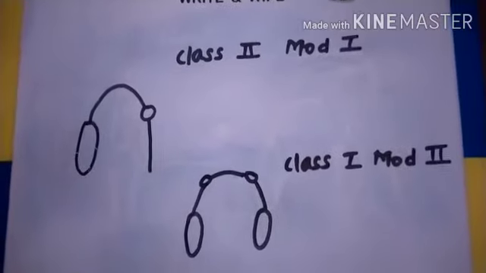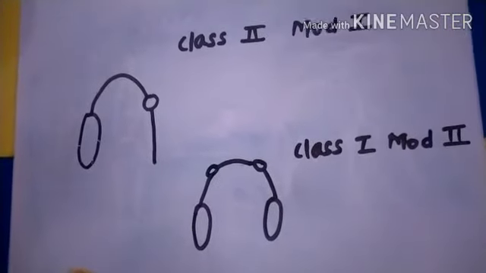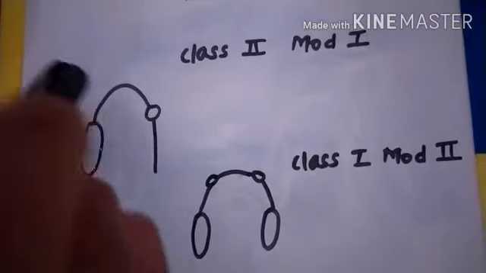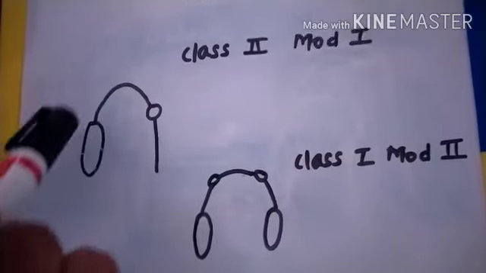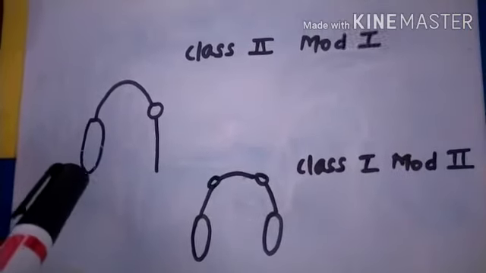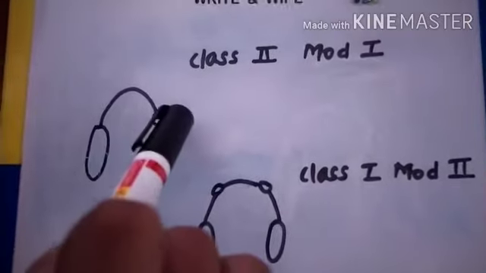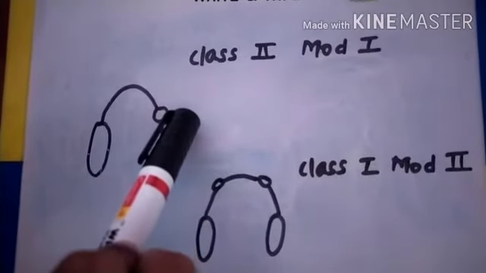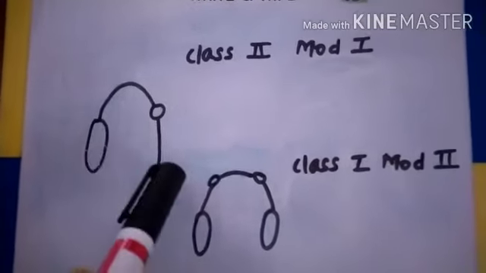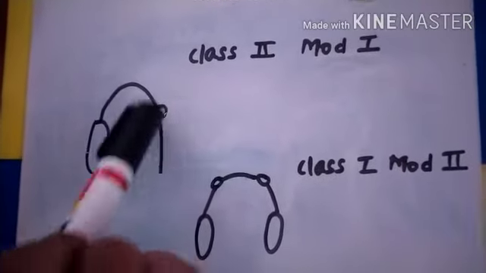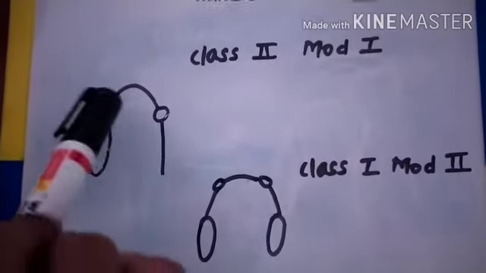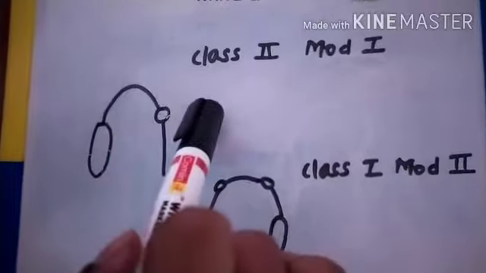So according to this rule, the edentulous space which is present other than the main, that is posterior edentulous space, will become its modifications. So here in this case there is one edentulous space which is present extra and which is present anteriorly. Okay, it's present anteriorly, so it's called as class 2 modification 1.